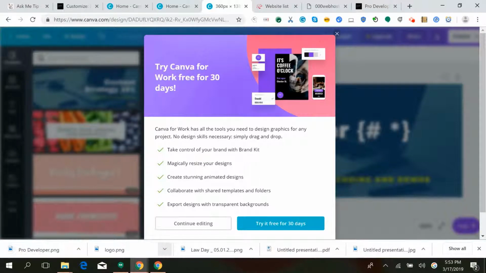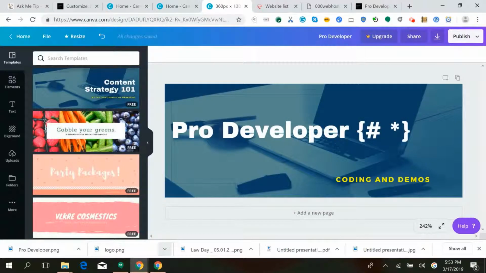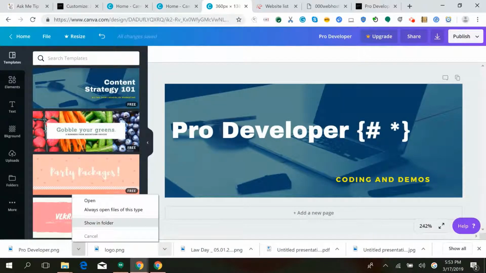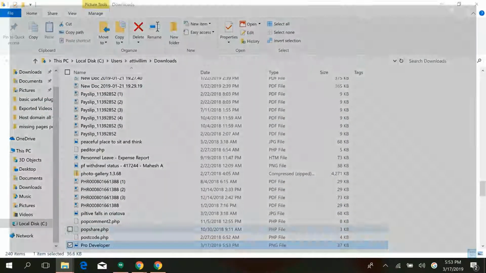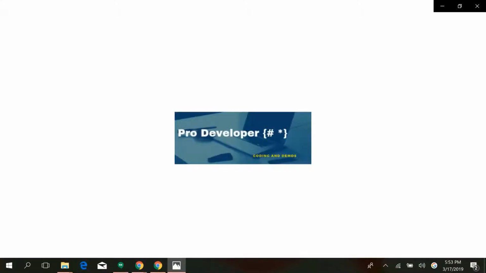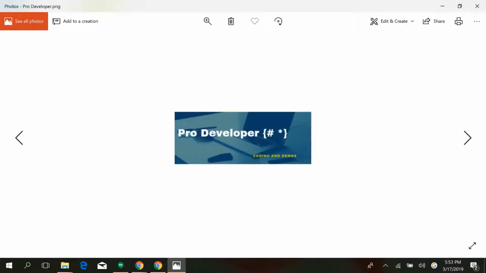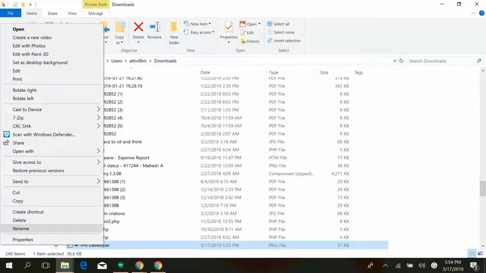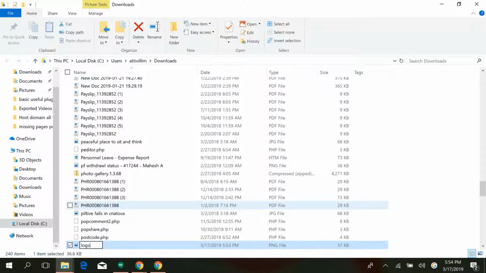You can always opt for a premium plan with Canva. This is really a very interesting feature, a very powerful online tool to create any type of web design. So I just downloaded it. Let me check my design. This is really cool. There are no watermarks at all, and I'm ready to upload this and use it as my branding. So what I'm going to do is just rename this with the title logo,